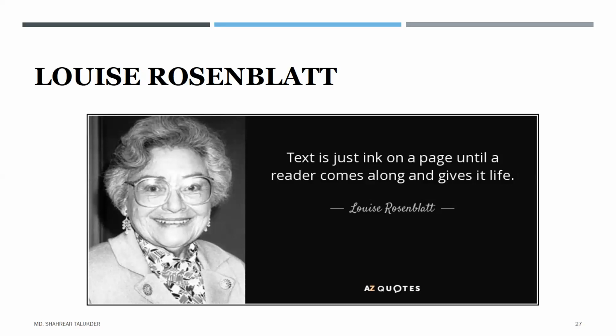পড়ার মধ্যে দিয়েই এই যে কালো অক্ষরের পেজের উপরে যে লেখাগুলো থাকে সেটা যেন জীবন ফিরে পায় বা জীবন পায়। আদারওয়াইজ ওটা শুধুমাত্র একটা পিস অফ পেপারের উপর কিছু আঁকিঝুঁকি বা কিছু লেখা টেকাই, কিন্তু ওর কোনো জীবন নেই। But when you read the text and then you start giving it meaning, then the text itself actually becomes lively, or it becomes live, জীবন্ত হয়ে ওঠে।